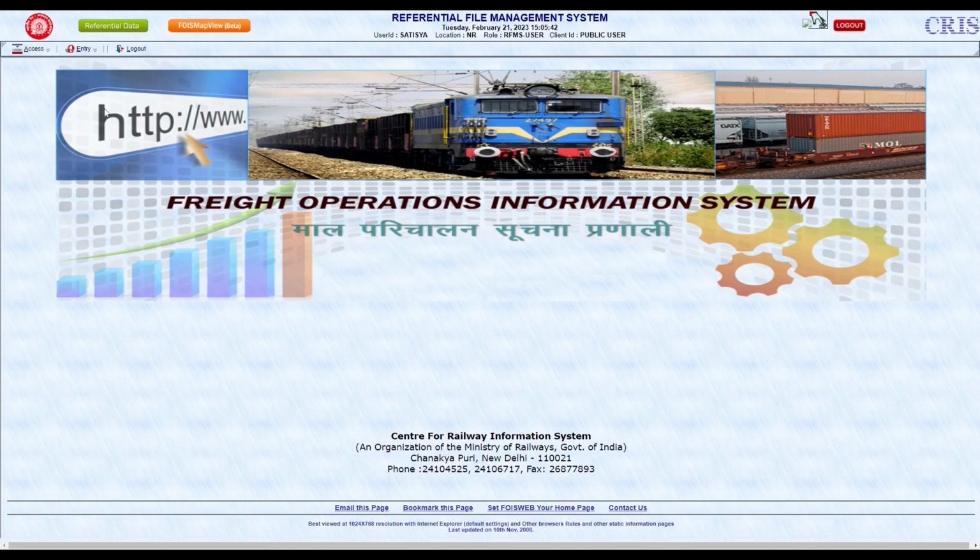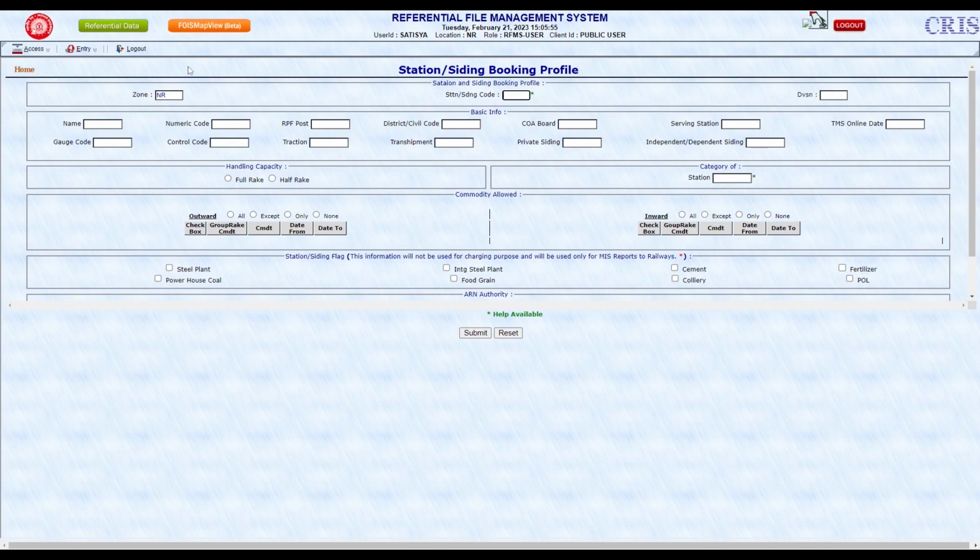On successful login, the user will be redirected to the RFMS homepage. Steps for modifications in the terminal booking profile. Click on Entry and select Station Booking Profile. Further, select Entry or Update of Station or Siding Booking Profile. Now, the user will enter the terminal code and press the Tab key to fetch the profile details,